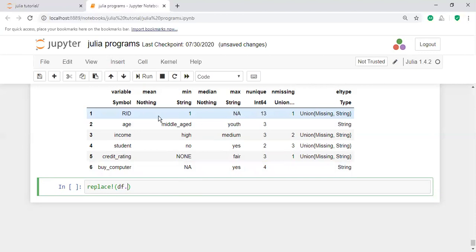I am having NA in RID, so RID comma, I'm going to replace that value, NA, with any value. Let us take 0, or you may use 5, 6, 7 manually. That means if you have missing values, fill them manually, or use a global constant or some other function to replace that value.